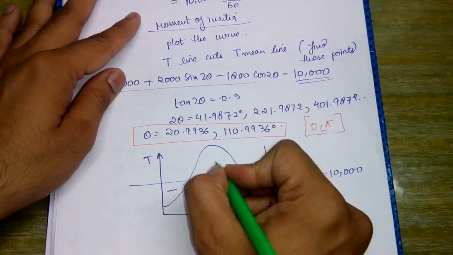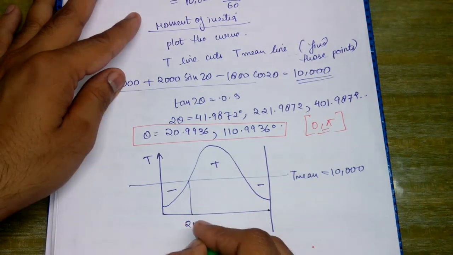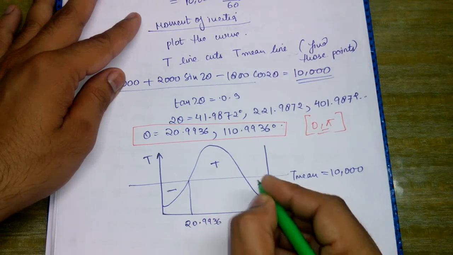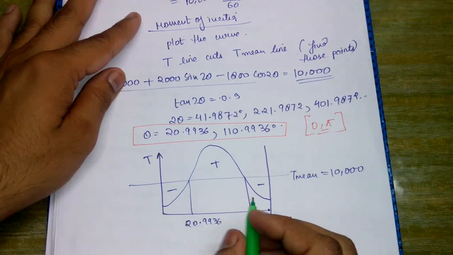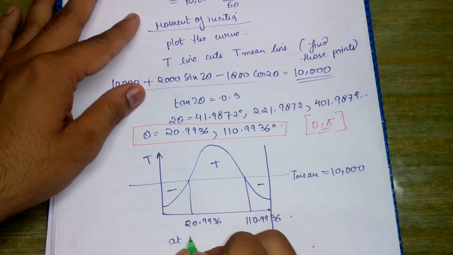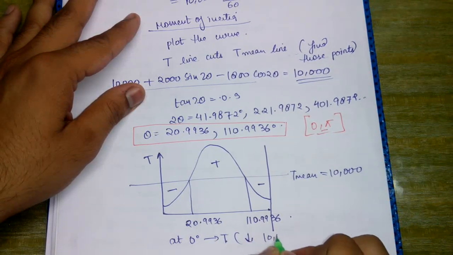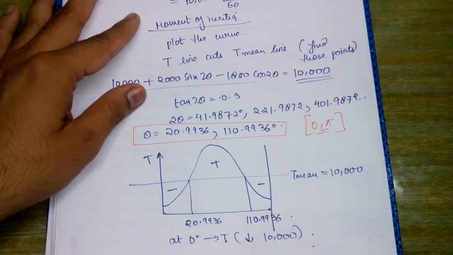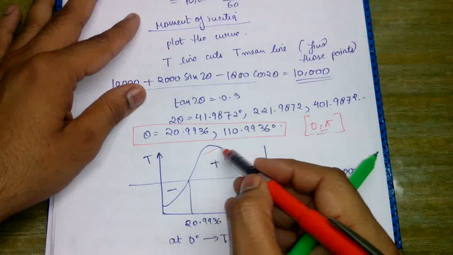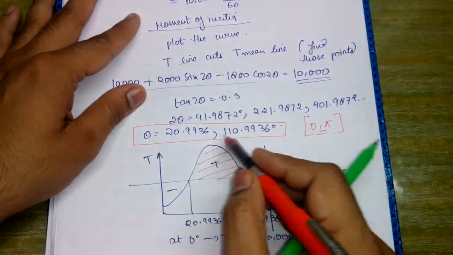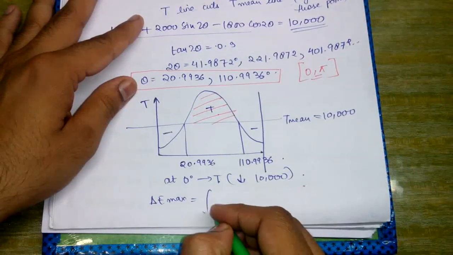Okay, this is negative, this is positive, this is negative, and this corresponds to 20.9936 degree and this corresponds to 110.9936 degree. So at 0 degree, T is actually less than 10,000 joules. So delta E max can be simply calculated by taking this area. I have already told you that evaluating this area gives delta E max. So delta E max would be